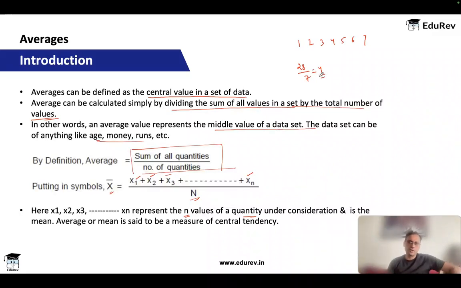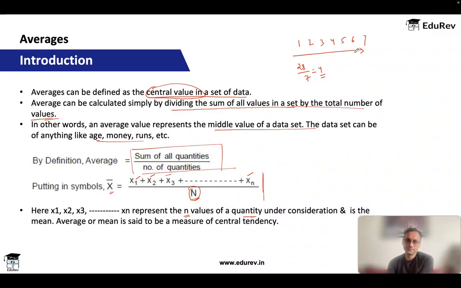A couple more things you have to understand here. One method of finding the average, of course, is adding all the numbers and dividing by n. But there are other methods also. As it says here, average is the central value in a set of data. So if my values, and this is important, if your values are arranged in an